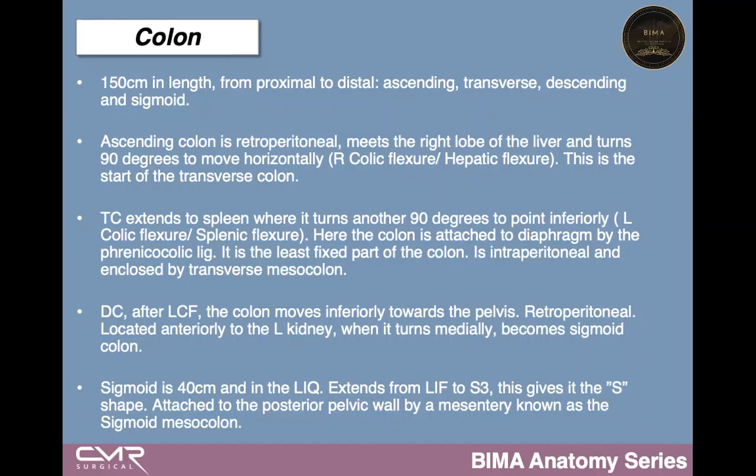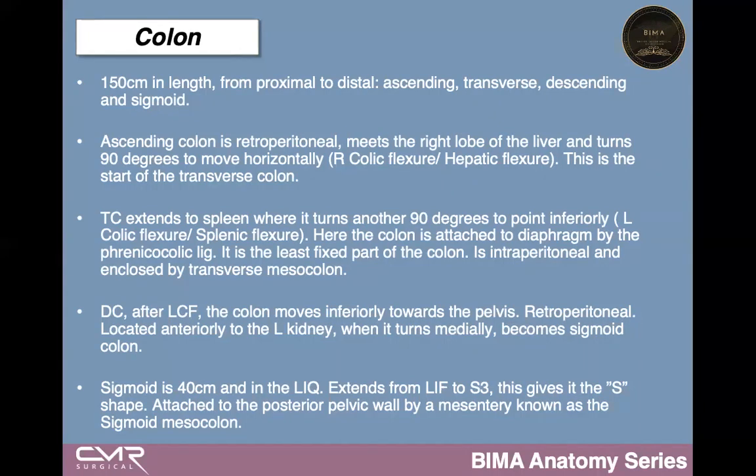The descending colon is moving inferiorly all the way down to the pelvis. It remains retroperitoneal throughout, and it is anterior to the left kidney. And when it turns medially, at this point, we know it as the sigmoid colon. So the sigmoid colon is 40 centimeters in length and is essentially in the left lower inguinal quadrant,